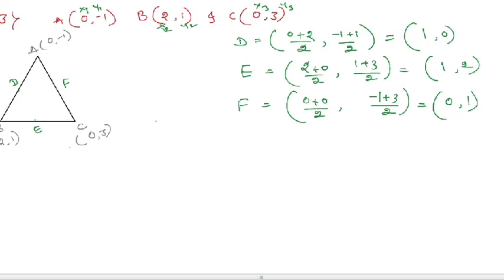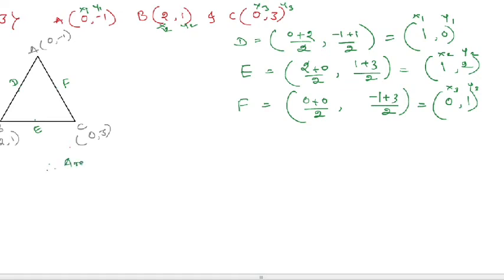Now we obtained the coordinates of D, E and F. Now first we have to find the areas of these two triangles, then we will take the ratio. Now area of triangle ABC, first I will calculate the area of triangle DEF first. So the area of the triangle formed here, DEF. The D coordinates are x1, y1, E is x2, y2, F is x3, y3.